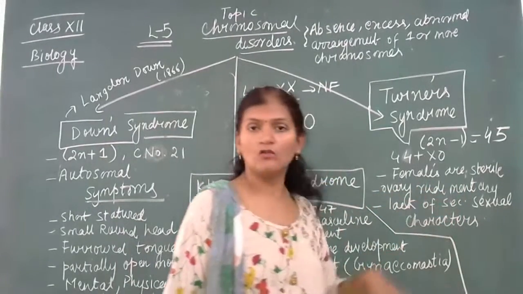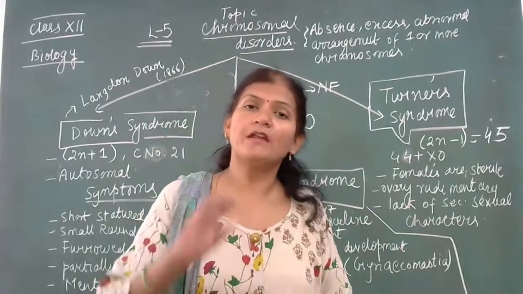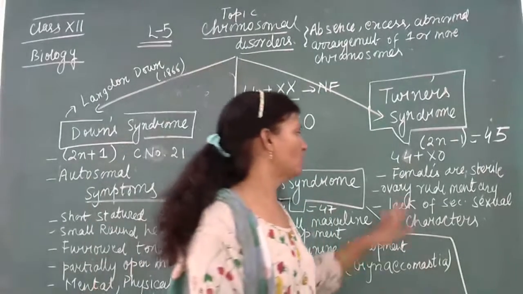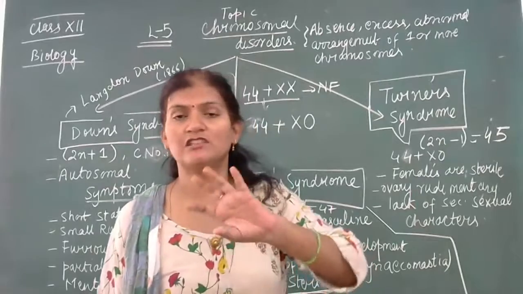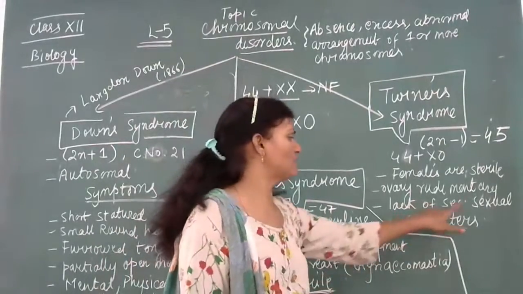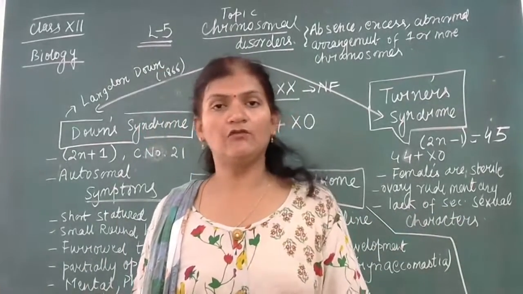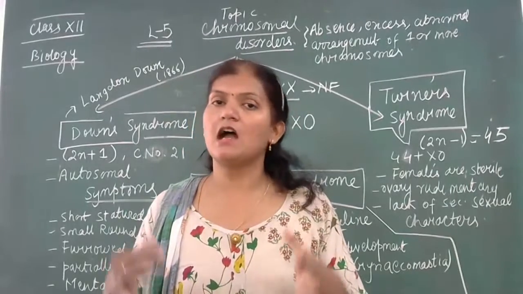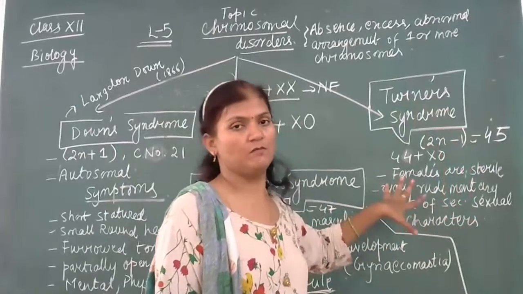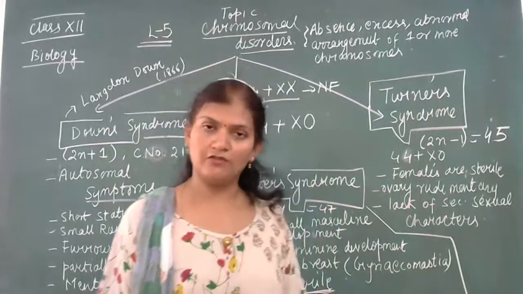Rudimentary ovary means the ovary is formed inside the female, but proper egg formation or ovum formation will not take place. Okay, so ovaries are there, but just for the sake of presence, they will not perform the function. The next one is lack of secondary sexual characters. Since only a single X is inherited, therefore the secondary sexual characters are also missing in this type of female. So we can say that Turner syndrome normally occurs in a female